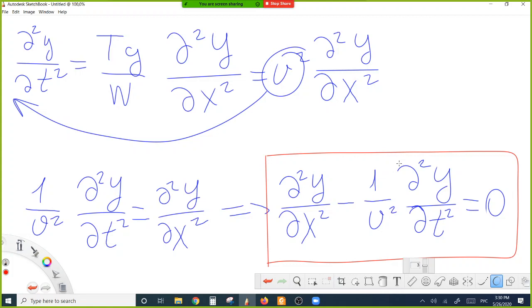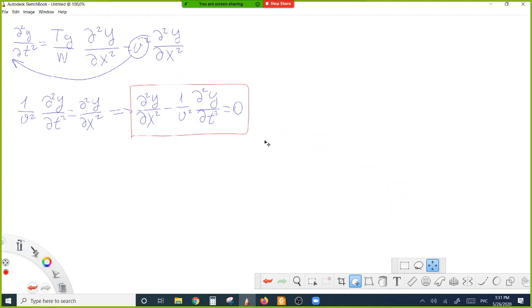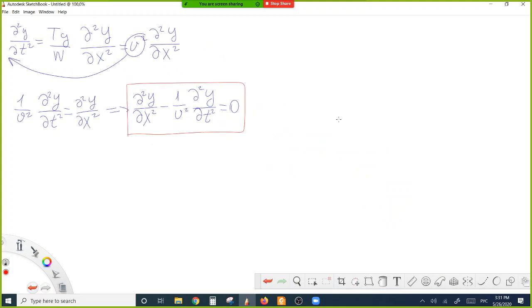We may solve it numerically, or we may solve it by separation of variables. However, if we want to solve it, let's say theoretically or analytically,